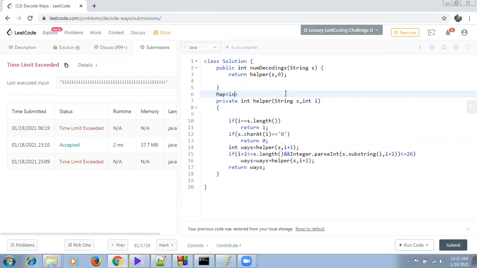The key will be an integer, because we are taking the index of the string as our key, and the value is also an integer. The name will be map. We create the hash map using the new operator, HashMap of integer, integer.